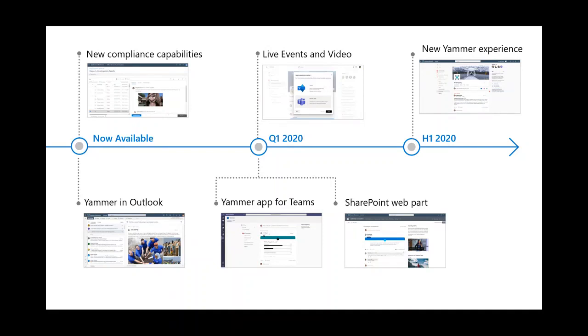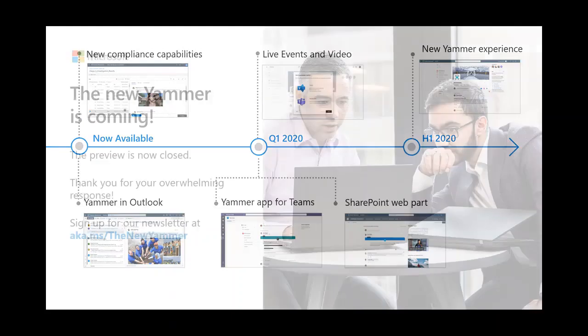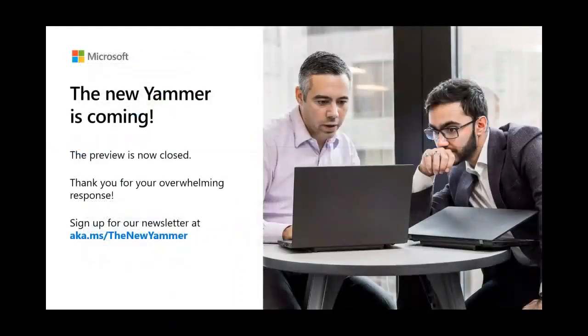You bet, and if we can advance the slide, I think that this will help. Our preview program is closed. We had an overwhelming response to this. Truthfully, far more organizations signed up for access to the new Yammer than we were able to grant in the first round of preview. If you are looking for the new Yammer, the best ways to get your hands on it early are using the new Outlook on the Web experience, and then using the new Yammer app for Teams once it comes out, and it will be announced here in a couple weeks and rolling out just a couple weeks after that. So if you're following our blog, we'll be making a lot of noise about it.